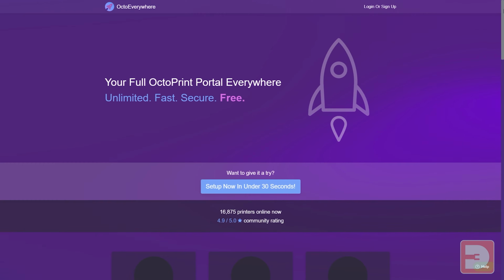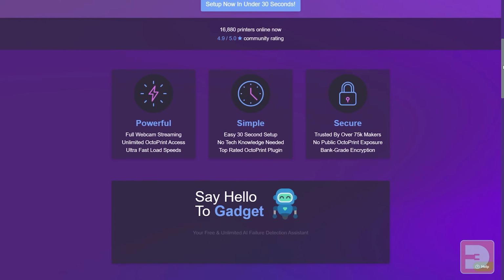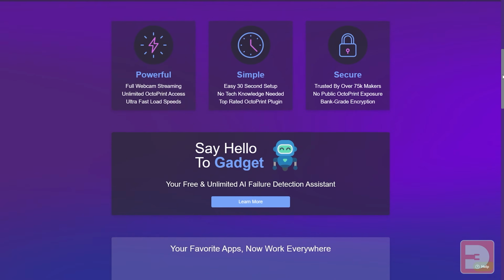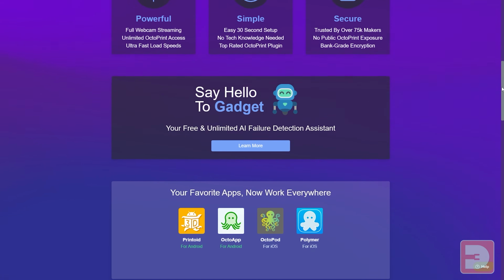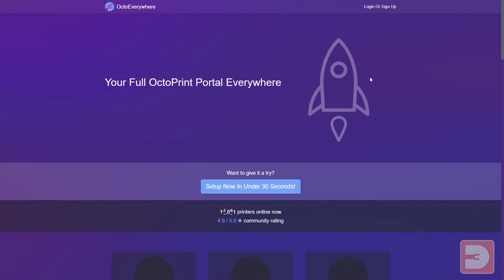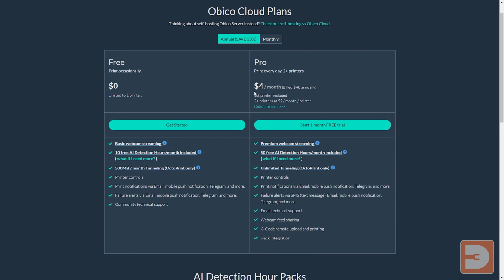Now, Octoprint Everywhere has also added an AI monitoring system and they are still completely free, supported by the 3D printing community. I'm going to be doing a detailed video covering both of these plugins separately, but effectively they are offering the same service. They are both allowing you to access your Octoprint remotely outside of your network, but they're also offering an AI system that monitors your print via the webcam and lets you know of any issues. Octoprint Everywhere is the free version, so I would recommend having either of these installed if any of those features appeal to you.